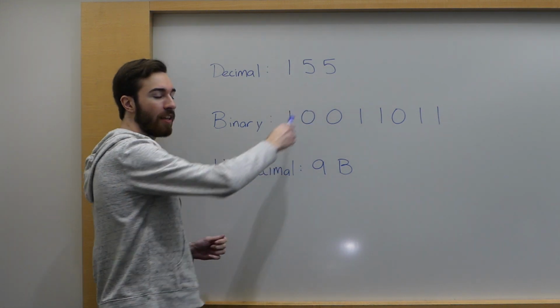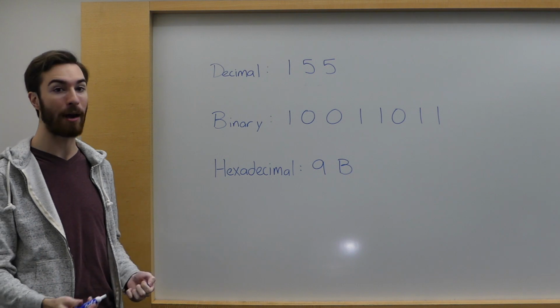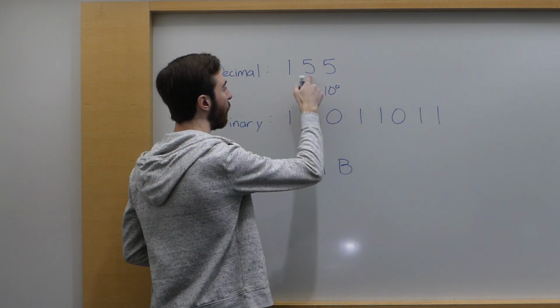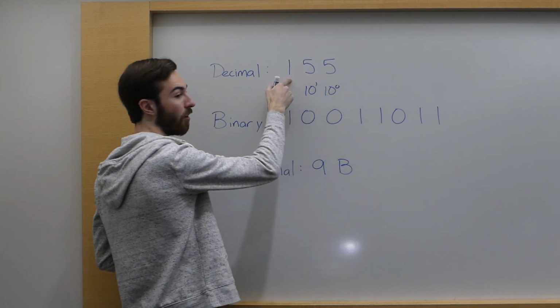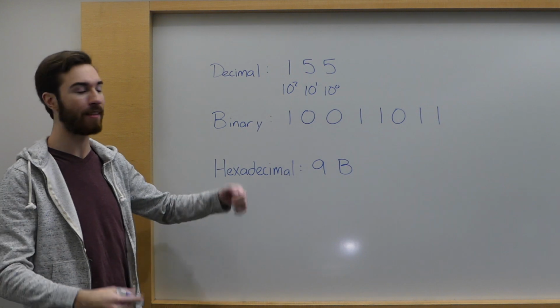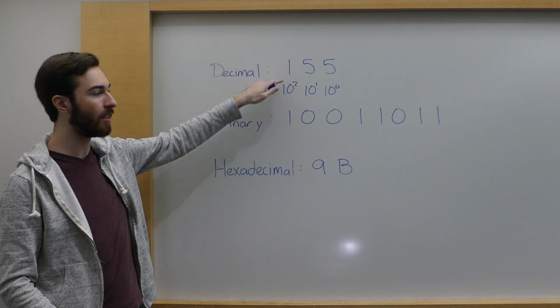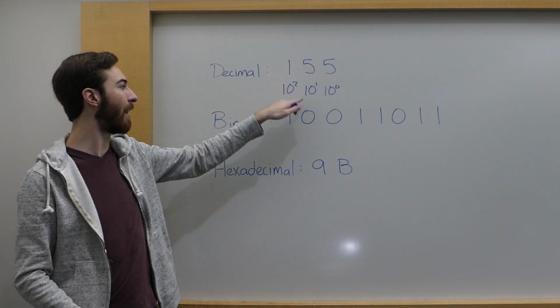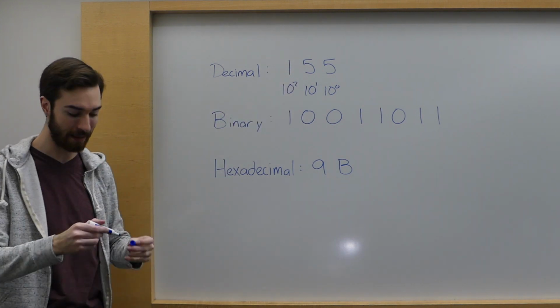we interpret each digit of a number as some power of 10. So we have our ones place, which is 10 to the 0, we have our tens place, 10 to the 1, and we have our hundreds place, 10 to the 2. And when you read a number like this, the interpretation is that you multiply the digit times the power of 10 and add them up. 1 times 10 to the second, plus 5 times 10 to the first, plus 5 times 10 to the 0th